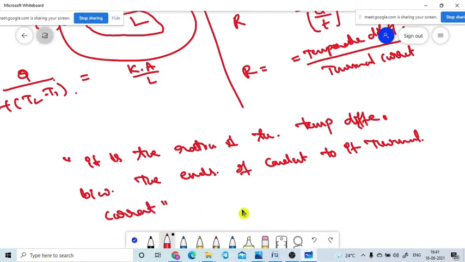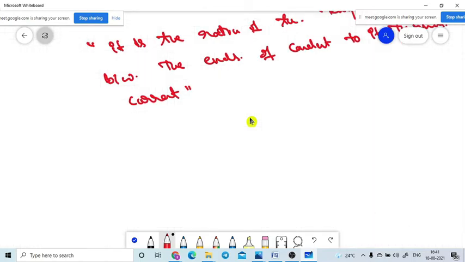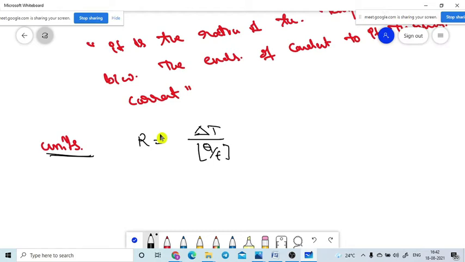So now we are moving to another topic, the same continuation. What are the units for this one? Tell me the units. Kelvin. Units means you need to go by the basic fundamental formula. So the thermal resistance R, which formula is there? Finally, can I write like this: delta T divided by Q by T?